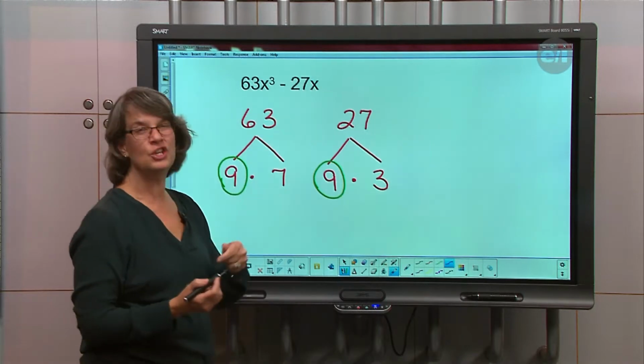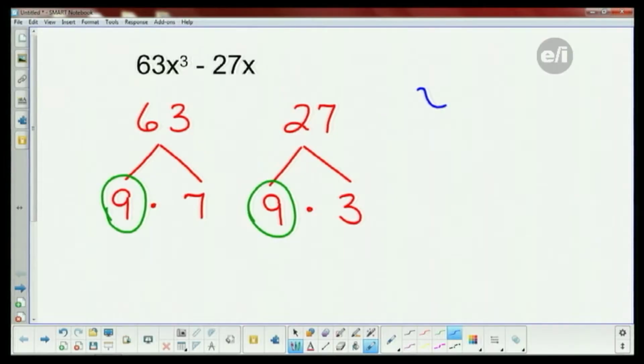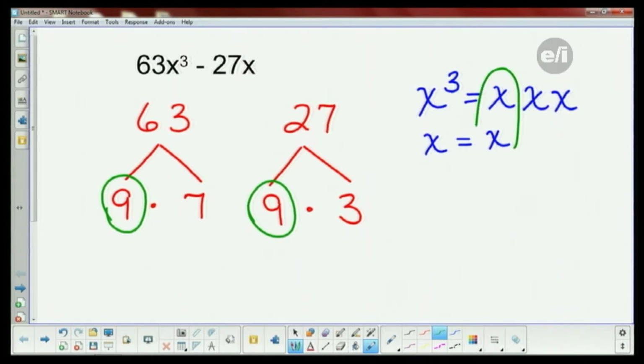So now we've got to do the x cubed and the x, right? So what does x cubed mean? X cubed, like x x x. And so how many x's? 3 x's. Oh, it's x to the 3rd power. So how many x's? It matches the powers, yes. And then we have just a single x, right? So now the way I've written it out is I have 3 x's on the top and 1 x on the bottom. How many x's are in common? Just that one. Just the one in each row, right?